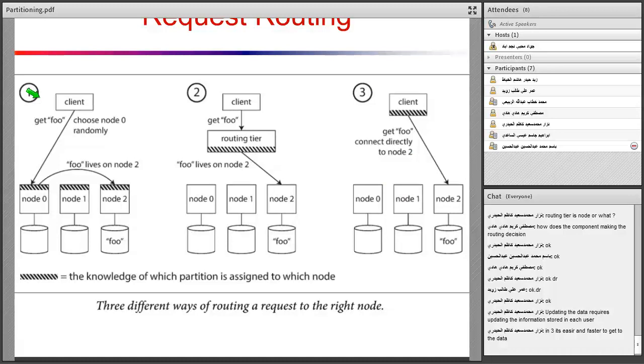But also we know that in type 3, all the knowledge should be stored on all clients,